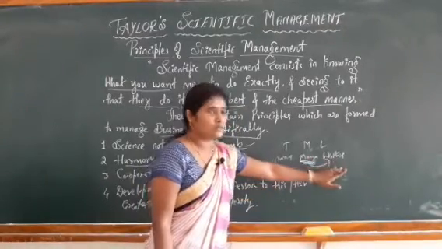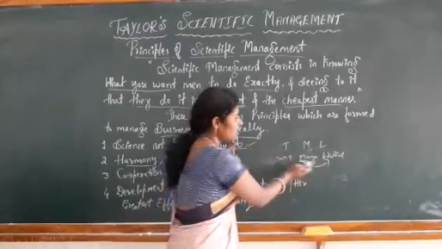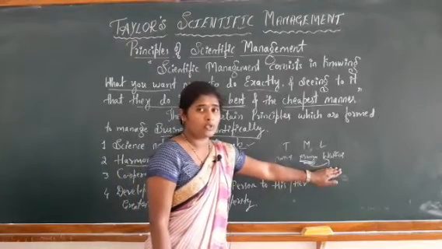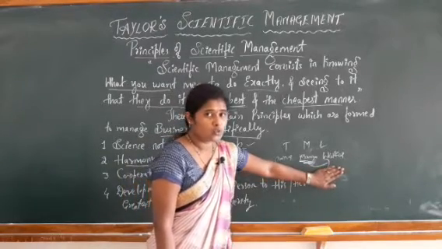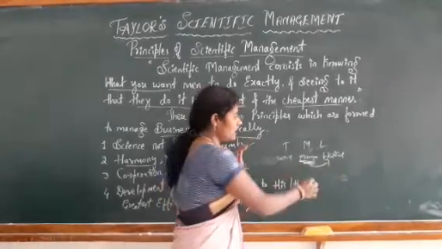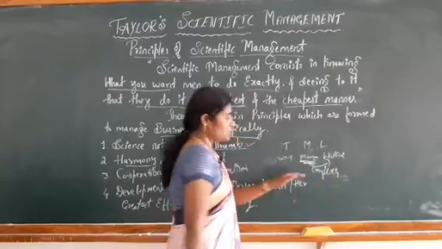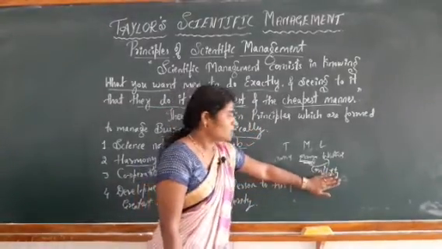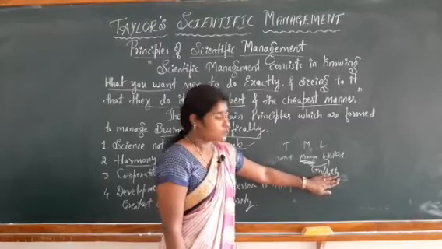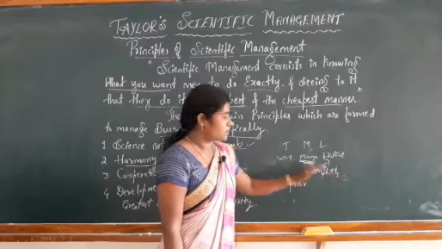the manager will consider that the workers will not do correct work. Means there will be some conflicts between the manager and worker. Why? Because there is not much understanding between manager and worker. If there is no understanding between both, then some conflicts will arise. If conflicts arise, then no work will be satisfied, and work will not be efficient. So effective work will not be done by the workers as well as the manager.